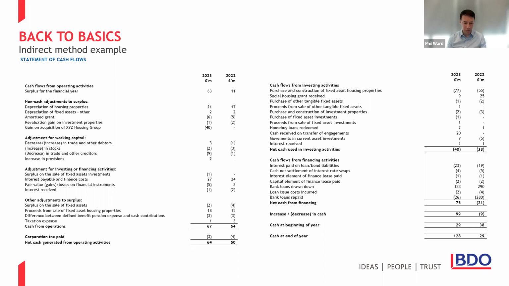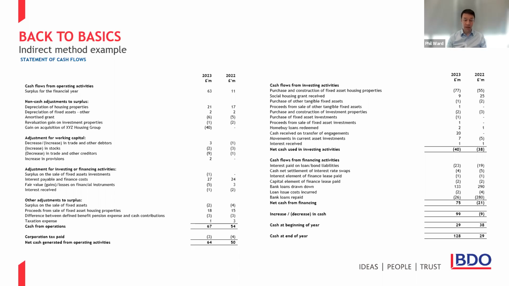A few quick points to make whilst you can see a full cash flow statement on screen. This example starts from surplus for the year. It wouldn't necessarily be wrong to start from operating surplus, as a number of RPs like to do. The requirement under UK GAAP is to start from a profit measure that is identifiable in your income statement. So that is something you can think about.